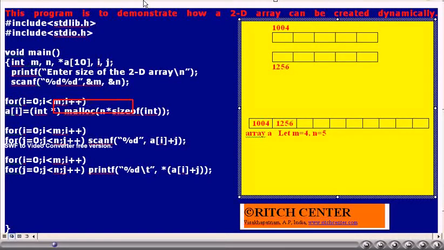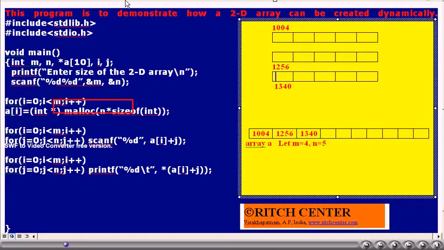When i is equal to 1, another row of our 2D matrix is created by calling malloc, and its base address 1256 is stored in A[1]. When i is equal to 2, another row of the 2D integer array is created dynamically by calling the malloc function. Its address 1340 is stored in A[2].